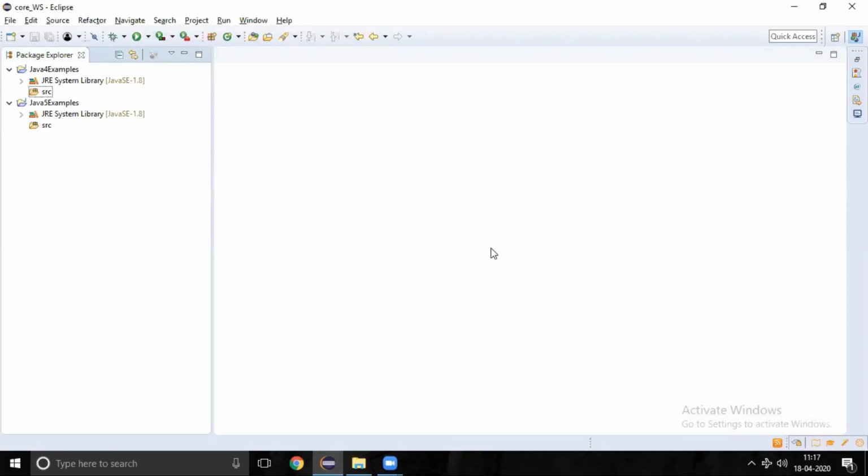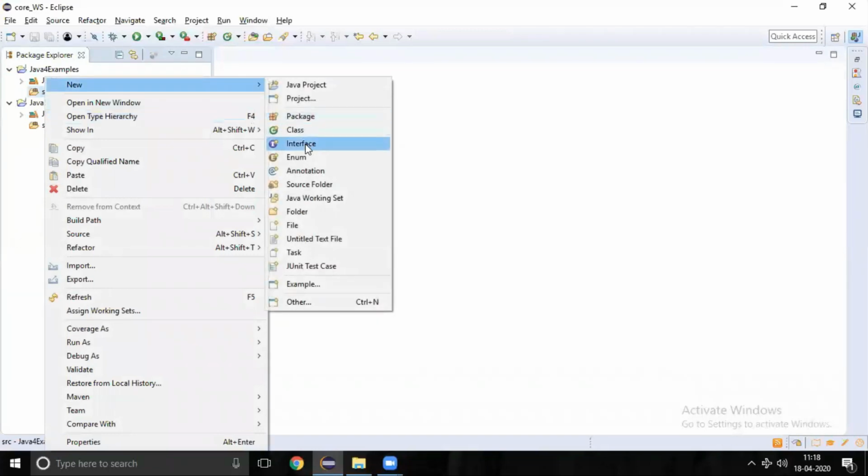Hello friends, let's discuss static imports. If you want to access one class's static content from another class, how can we access it? It is possible to access it through class name dot static properties as well as class name dot static methods. We can access it like that, as well as through a reference. Let's see the example here.